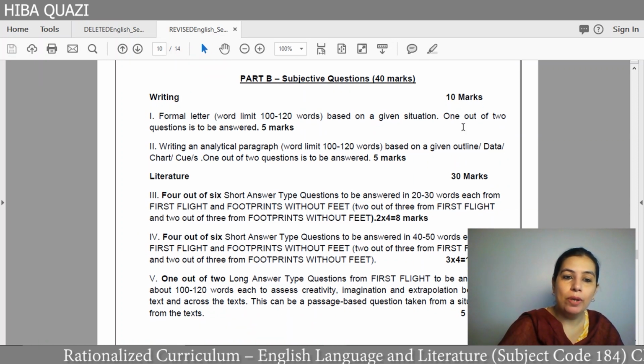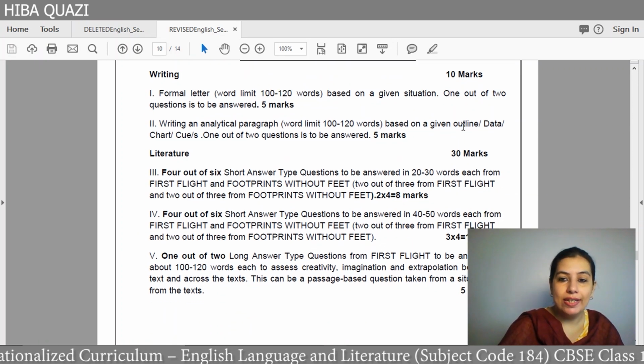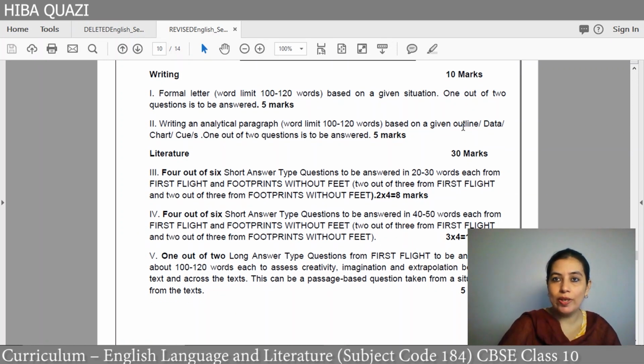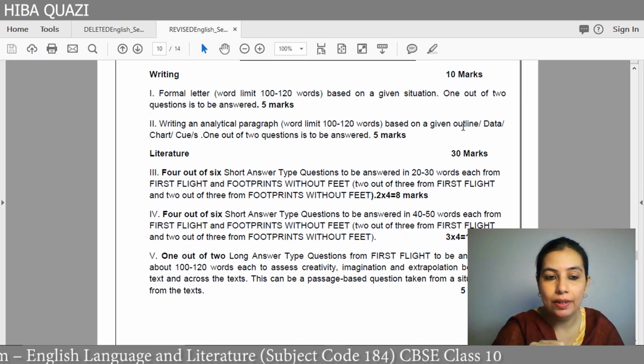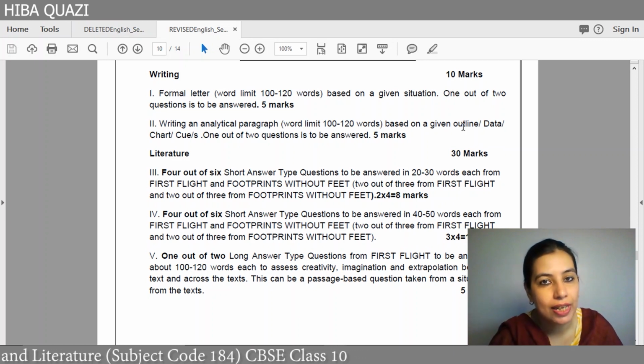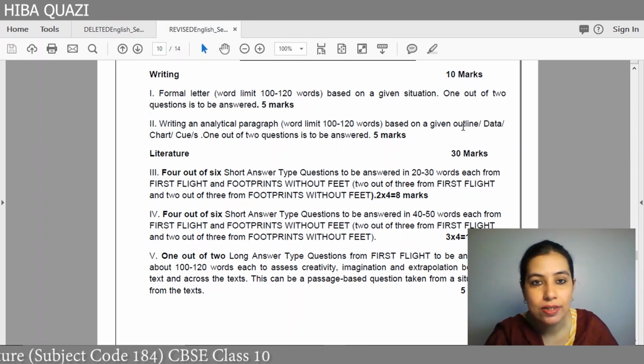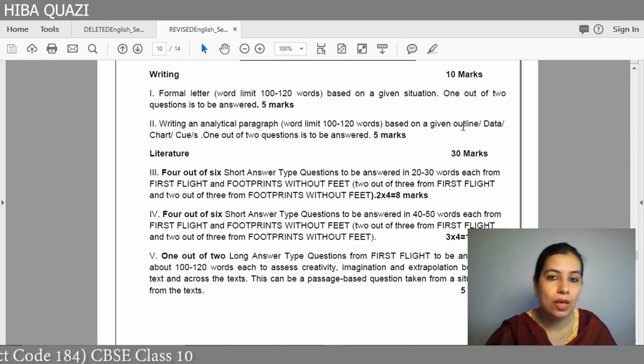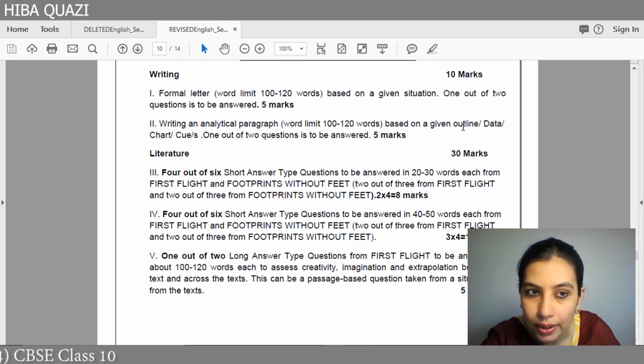Again, in part B, we begin with writing. So this time we change the question number. We used to have a continuous question number irrespective of the sections. This time it's not like that. As the section changes, the question number again starts from question number 1. So here